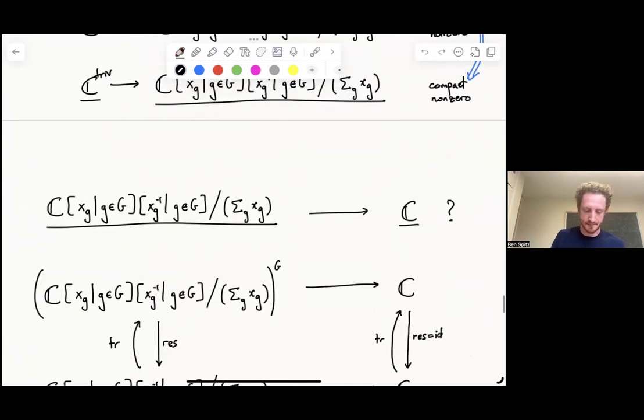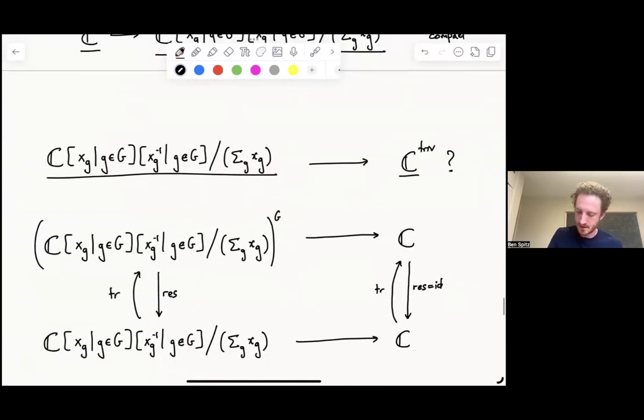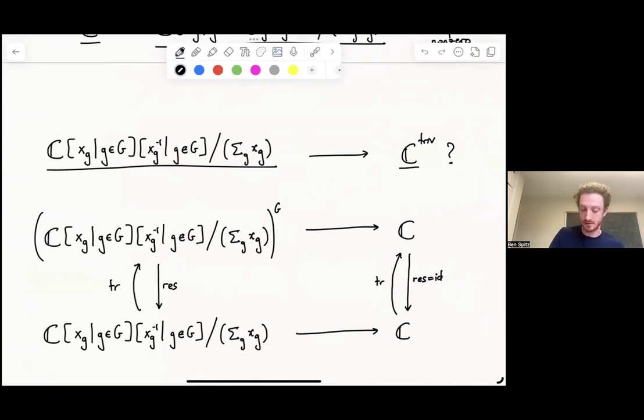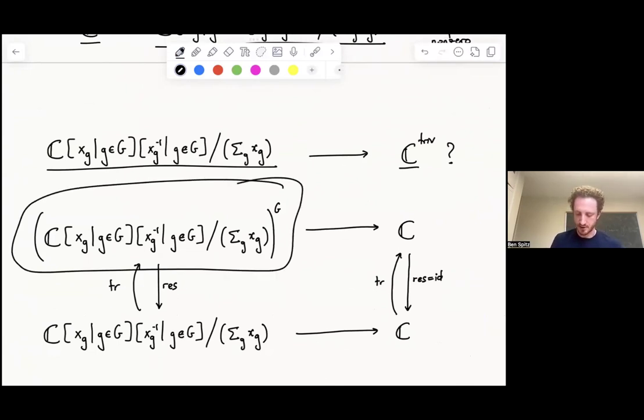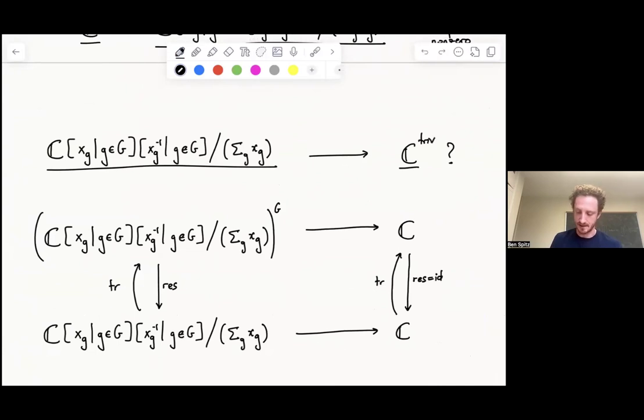What would happen if I had a map back to the base? Here's C-triv. The levels of C-triv look like just C. I guess I'm drawing the C_p case or whatever, or just the top level and the bottom level. At the very top level of this Tambara functor over here, I have the G fixed points of that ring, whatever that is. And at the bottom level here, I have the entire ring. And I can think about what would happen if I took X sub E, and first I transfer up. Well, transferring up does the Galois theoretic trace, and that adds together all the conjugates of X sub E, which is 0. And when I go back down, I get 0.